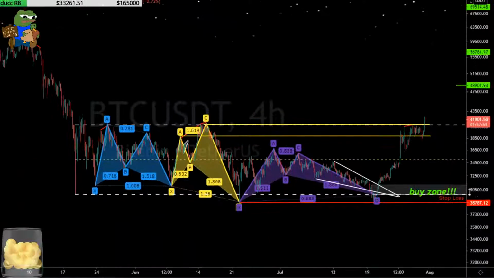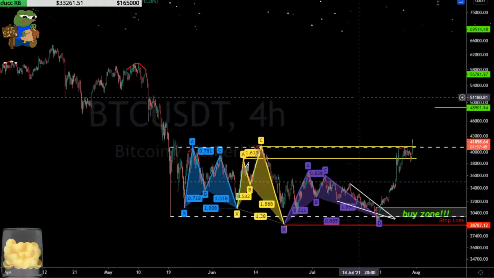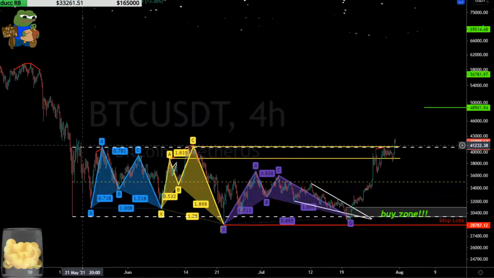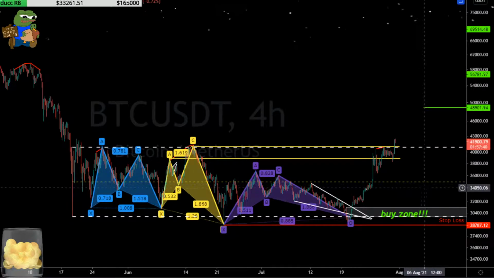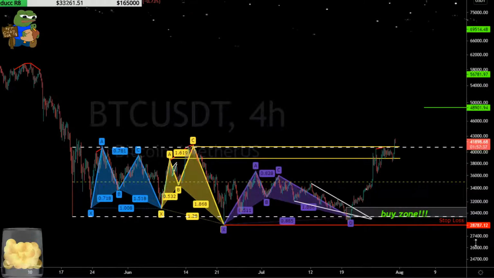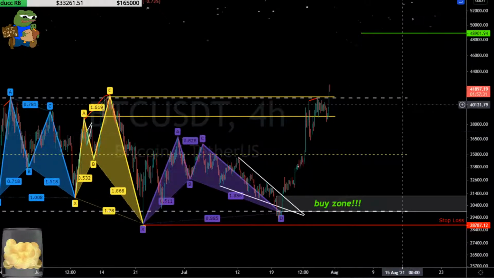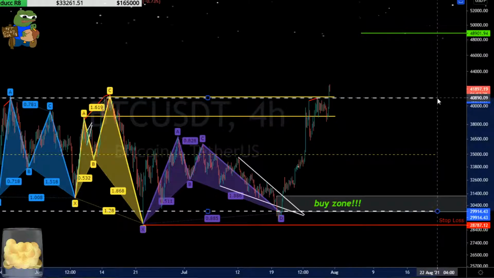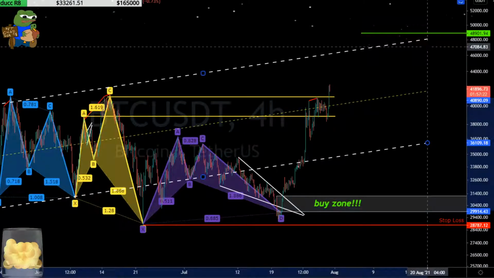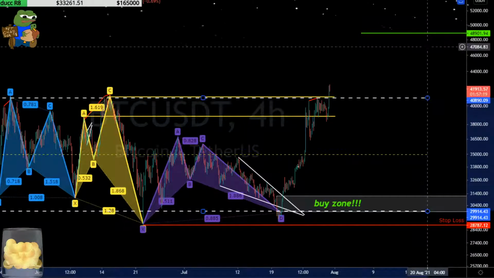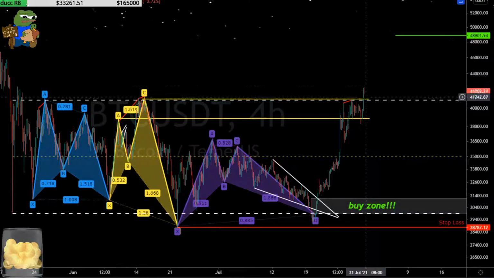So zooming out just a little bit, get a little perspective here. You can see the white dotted lines here, and then you could see the yellow dashed line in the middle. So that represents the big range that we've been in, right? See this range right here. I could extend it, see what I'm playing with right here. So the white bottom of the range, middle of the range, top of the range, right? Okay, so as you can see, we've kind of broken out of the top of the range here.